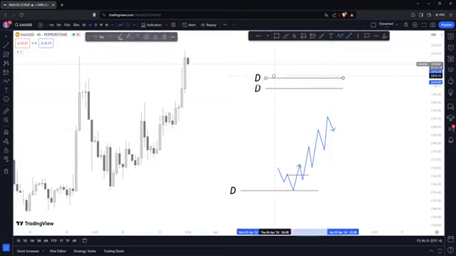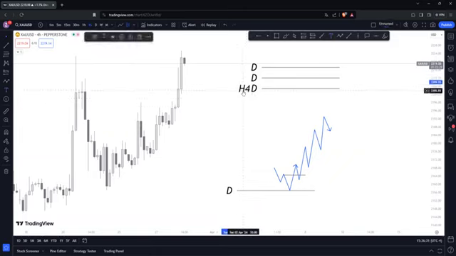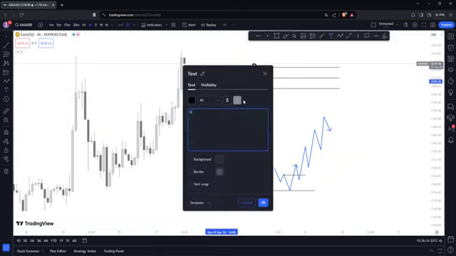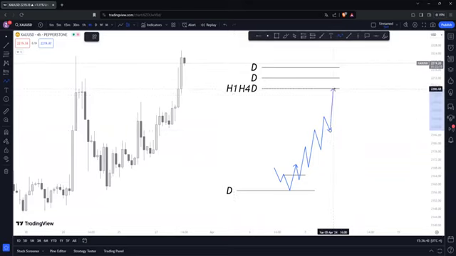You're going to have 3 dailies. How can this be your setup? You're going to refine this daily down to H4 and H1. So daily, H4 down to H1. You're going to find the freshest H1 level. If you have H4, H1 also fresh, you can take a setup against the storyline and TP also at 60 or 100 pips, depending on the momentum